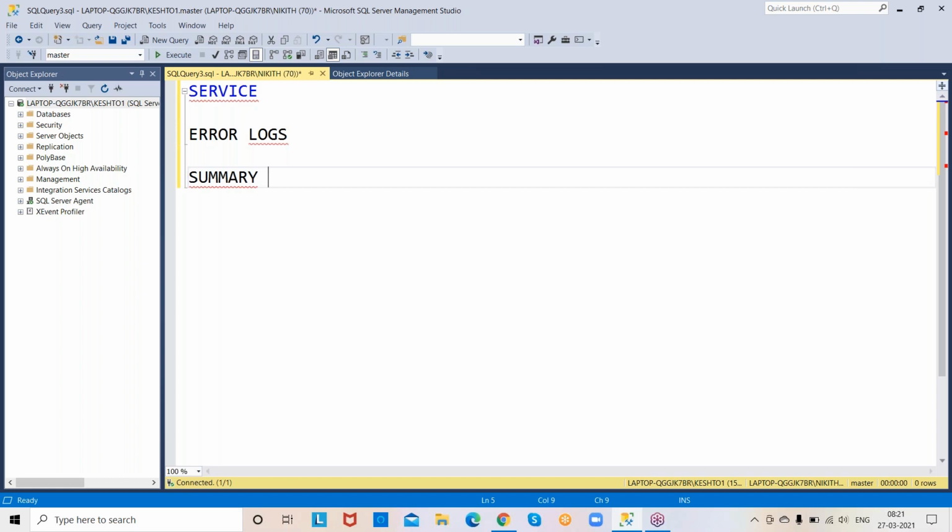It is mandatory. In the same way, when you install SQL Server software on the Windows operating system, some services will be created. You have to check whether the services were created or not, and whether the services are working fine or not.